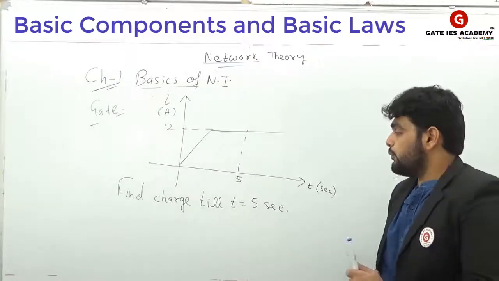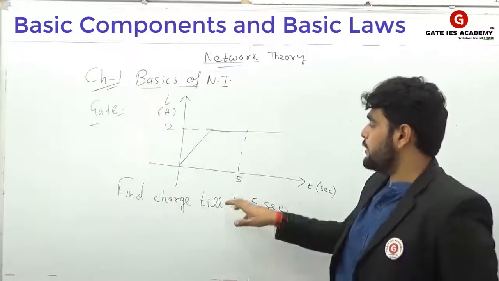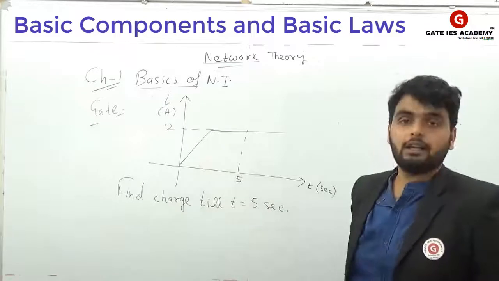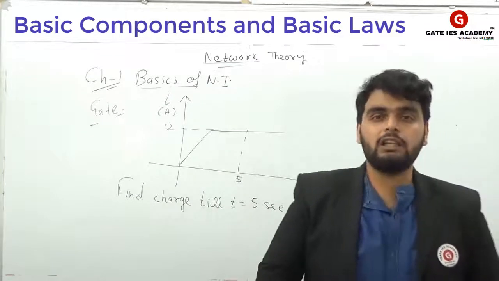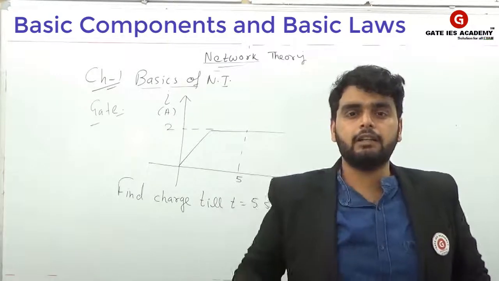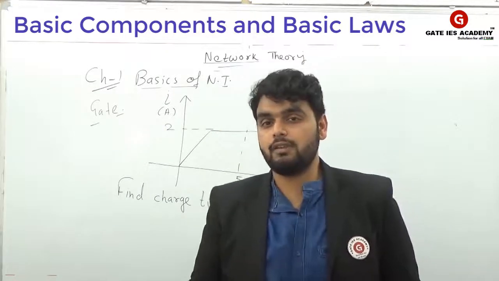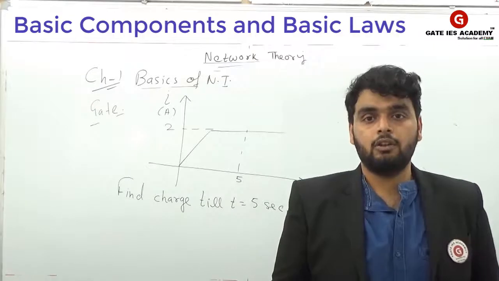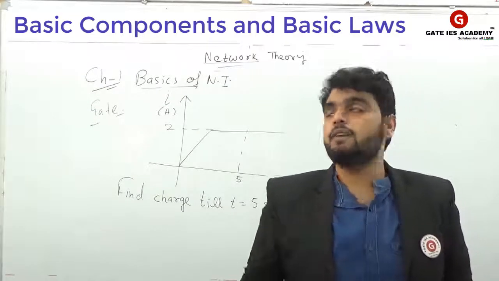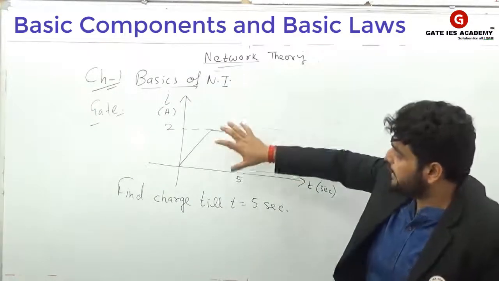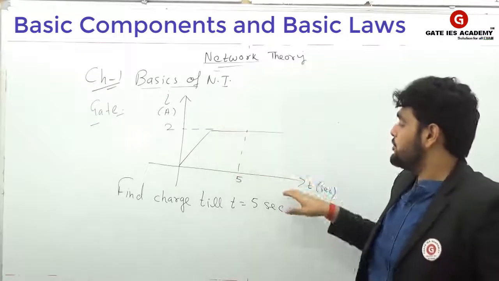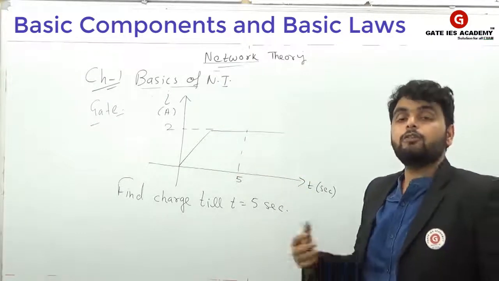So in this, we have to find a charge till t equal to 5 seconds. We have given a current. So till now, we have only learned one concept, that current is a rate of flow of charge. And you can see from this concept, you will see the previous year question. You will see the 2 or 3 questions. Okay, just a change of graph. So see here, we have given the relation between current and a time, and we need to find out the